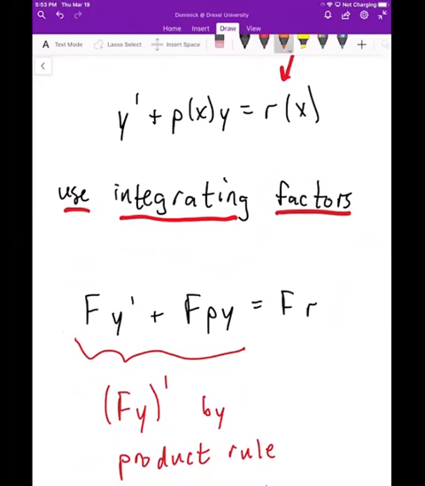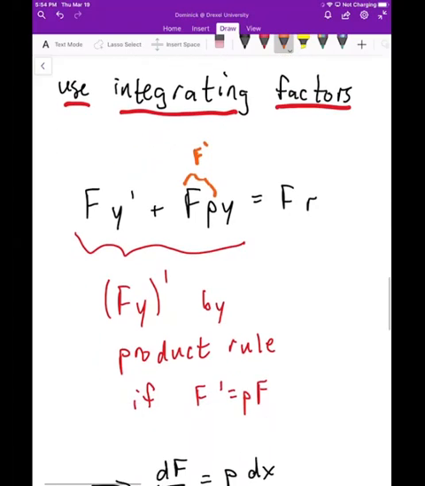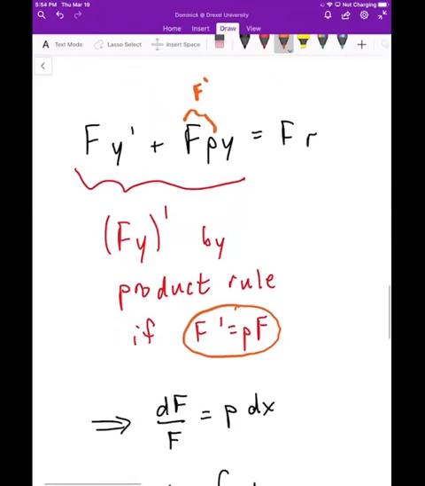As long as this fp, if that's f prime, then we exactly have a product rule here, right? So that's what we're going to assume to be true here. So we're going to assume that our f prime is equal to my p of x times f, right? So if we now consider that